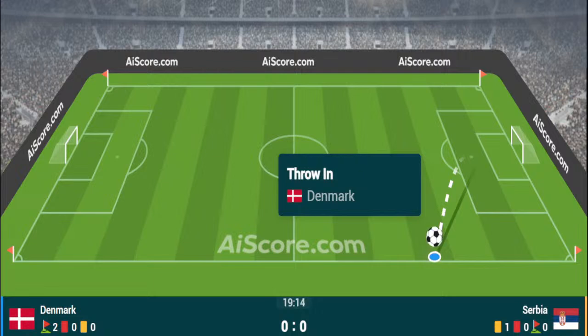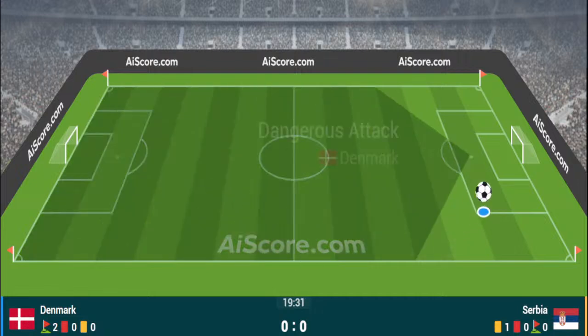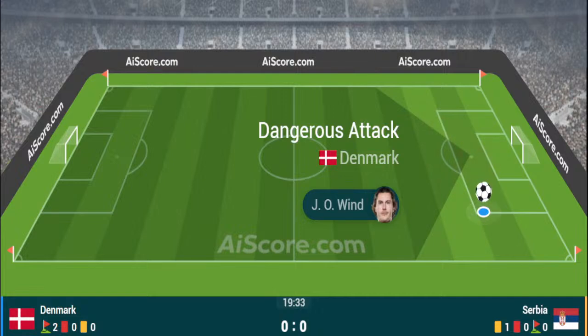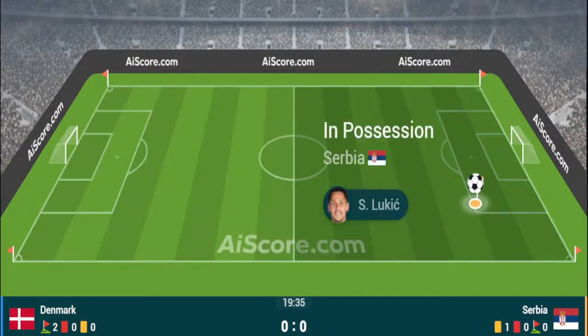Again on the left-hand side, and again Christian Eriksen will be the man to take it. So, Denmark 0, Serbia 0. Remains England 0, Slovenia 0 in the other game in Group C. And the corner kick now for Denmark. Christian Eriksen is standing over it, and gives the signal, raises that left arm. Christian Eriksen now right-footed from the left-hand side, hangs up the cross towards the back stick.